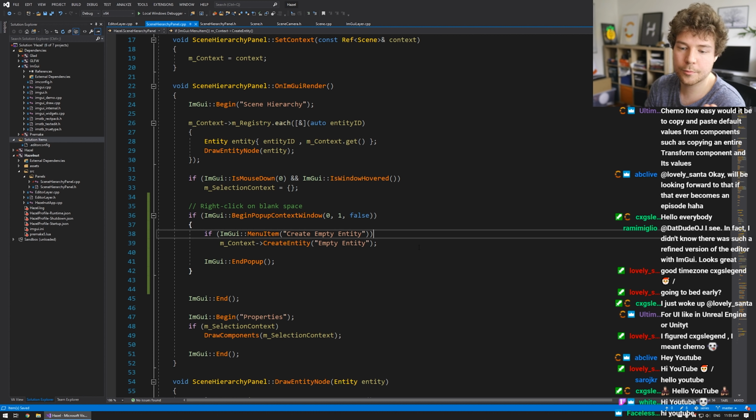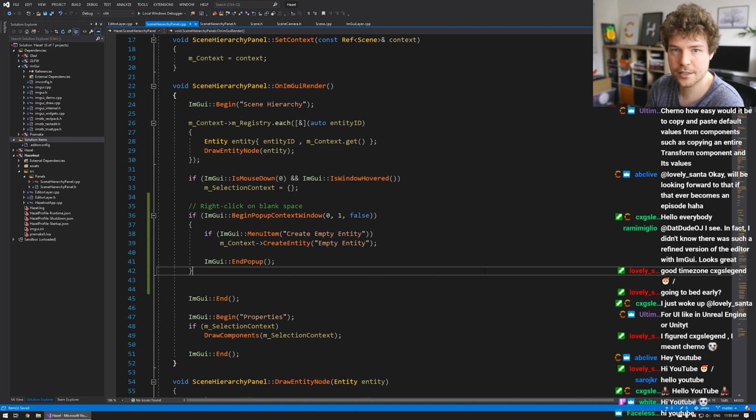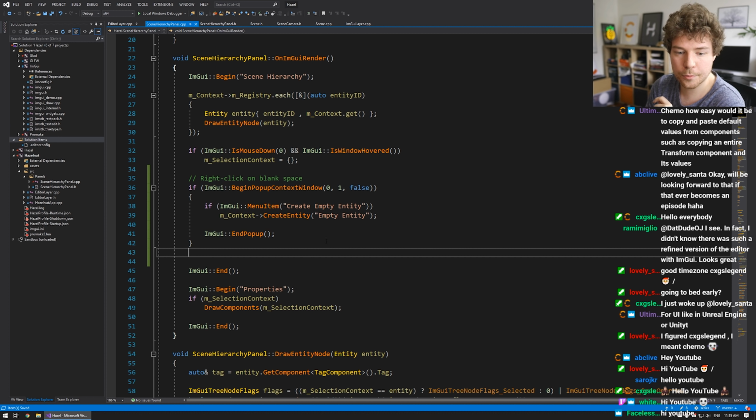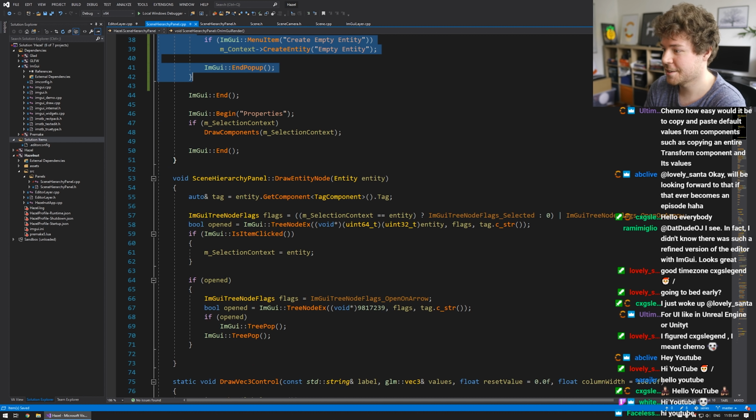As this grows, we can add separators, we can add more menu items, we can add menu items with child items as well, so that we can have another list, and we can just grow this. But for now, obviously, create empty entity is all we need. That's it. I'm not even going to test that just yet, because that was no code at all. What I'm going to do though is